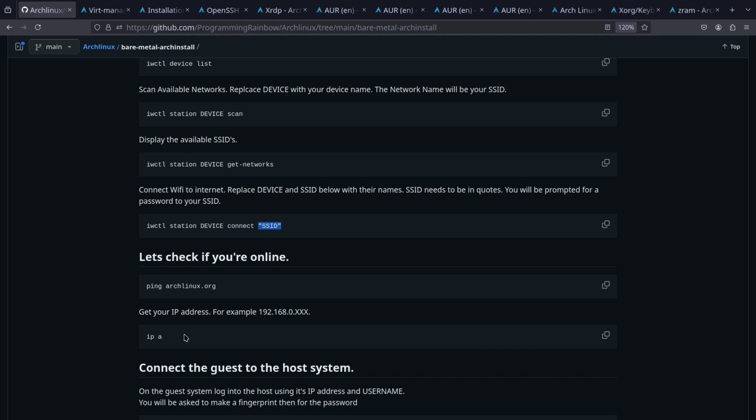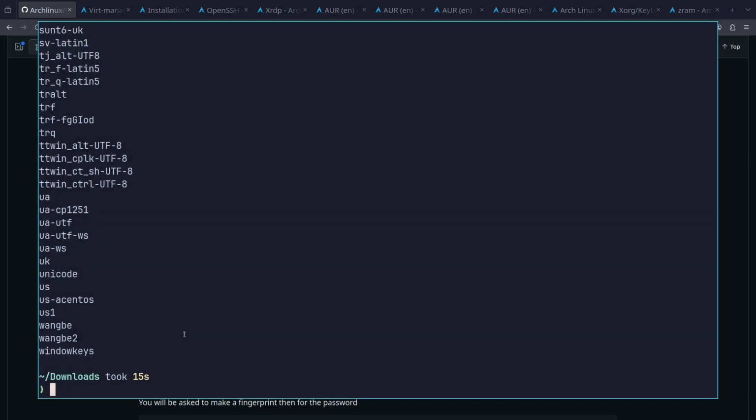So with that information and knowing that it's online, we can actually log in now. So I'm going to do that so we can look at the things that I was doing. I'm going to use SSH. Like I said, SSH is already running on the installation media by default, but I did need to give the root account a password. So I'm going to say root, and I'm going to say